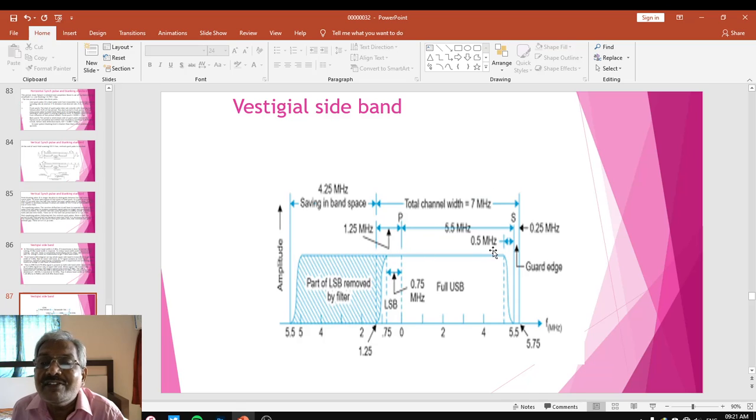So this is called the vestigial sideband. From this to this is called the vestige. Some part of the lower sideband is considered, and this is totally removed. The shaded area is not transmitted at all. So this is the space we can save. We can save 4.25 MHz bandwidth. That is the concept of vestigial sideband used in television transmission to transmit the television signal,